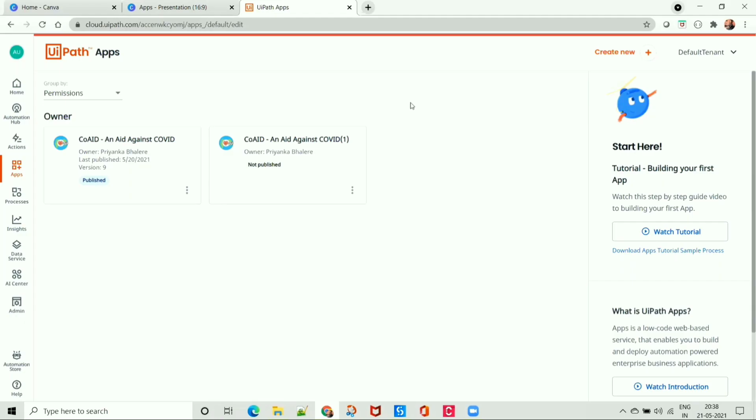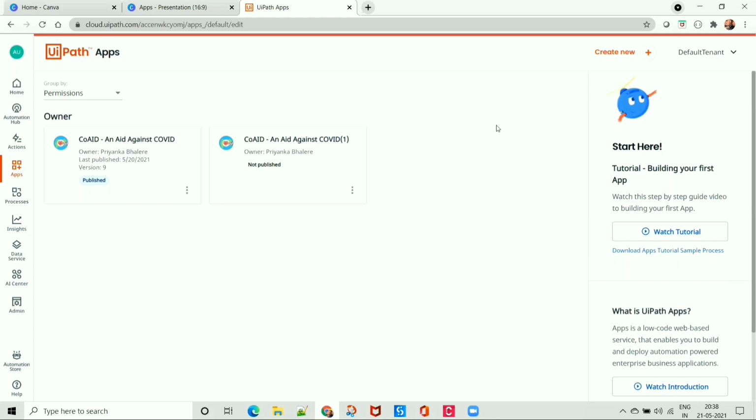So I will divide the solution into three parts. First, designing or creating UiPath apps, in which we are going to create a front end or UI for the email OTP verification app. The second one is creating a workflow and building the logic for generating the OTP and sending it over mail. And the third one is mapping between the input and output arguments of the UiPath process to the app.